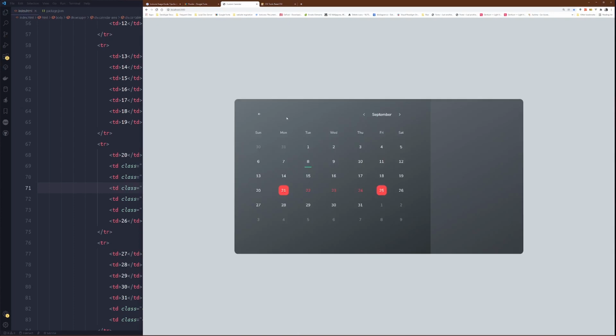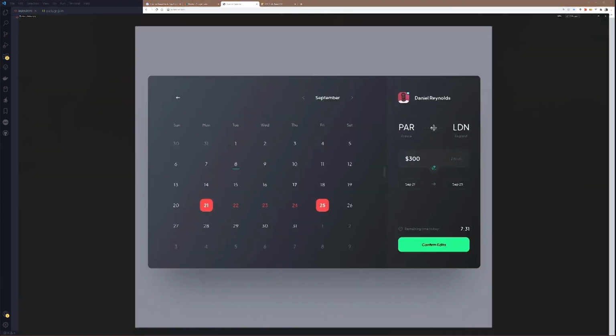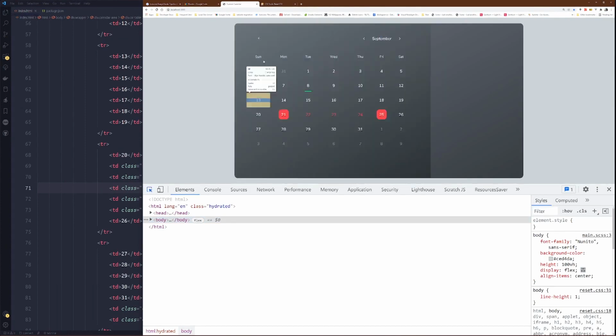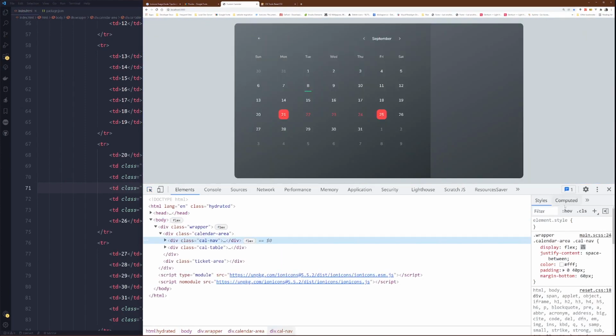So we haven't finished this calendar area. This part must show. Maybe I'm going to shift it down a bit.